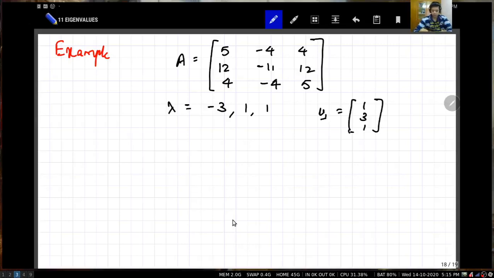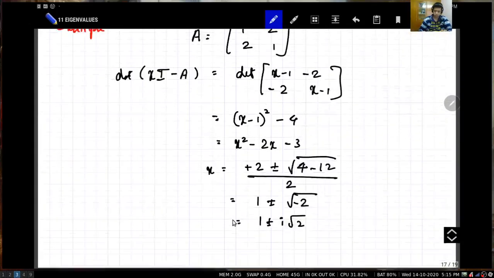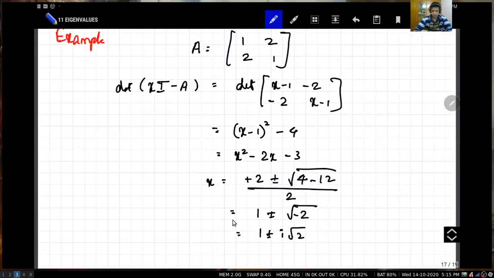So let's look at a slightly more complicated system. Going back, I didn't complete the solution. This has two distinct eigenvalues, and obviously there is at least one eigenvector corresponding to each eigenvalue, and therefore